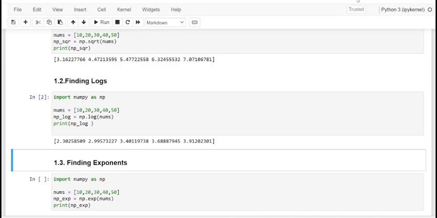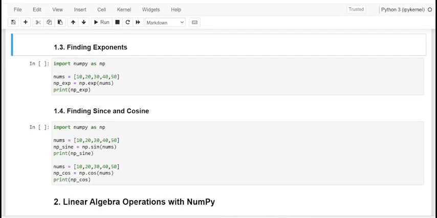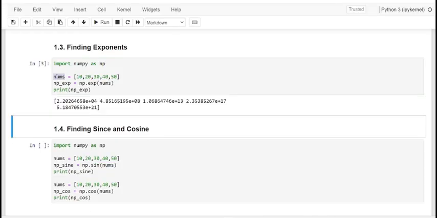And next comes the exponential. Kindly have a note of it, dear friends. You can find the exponential of all the elements in the list by using the function exp, that is the exponential. And here we go, the same elements are provided to the same nums as the variable of the list, and when we pass the exponential function to the list nums, here we have the exponential of all the elements, and of course we are getting it in the form of exponential notation.